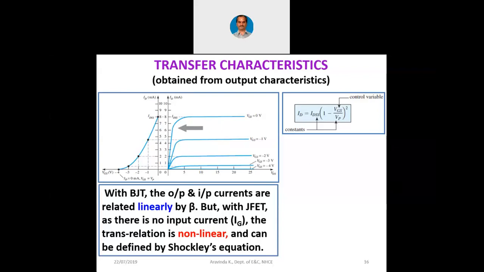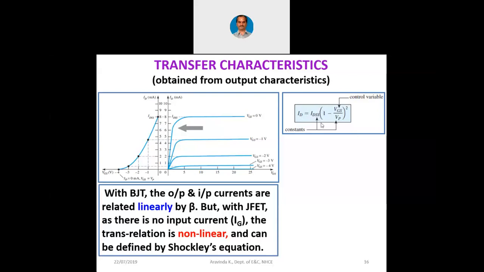So one scientist called William Shockley developed this beautiful equation, and in the last class I told you that you will have to keep on chanting and memorizing this formula: ID equals IDSS into 1 minus VGS by VP whole squared. The derivation of this formula is beyond the scope of our syllabus, but we are going to use it extensively in this module.